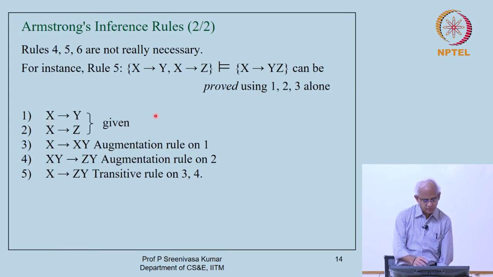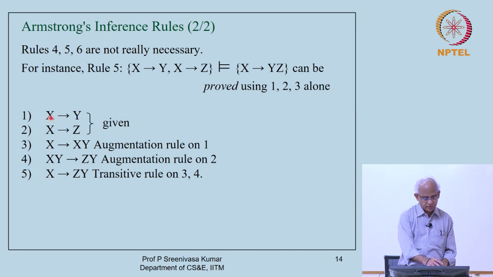Good. Before we proceed to that, let us take rule 5. Rules 4, 5, 6 actually are not really necessary. We will take rule 5 and see that we can actually prove that using 1, 2, 3 alone. Let me take this as a small exercise, also to illustrate how, if you are given some entailment relation like this, you actually prove it. You prove it by writing down the given things on different lines as given, and then start writing all the inferences that can be made.